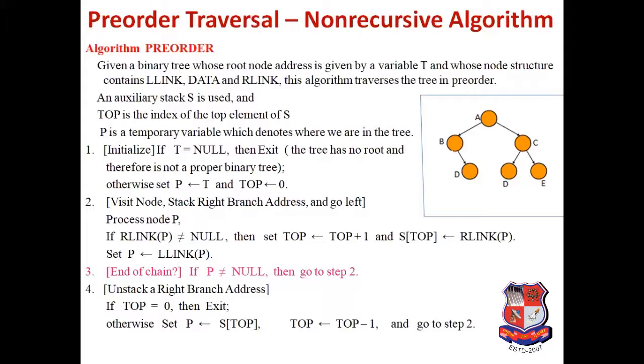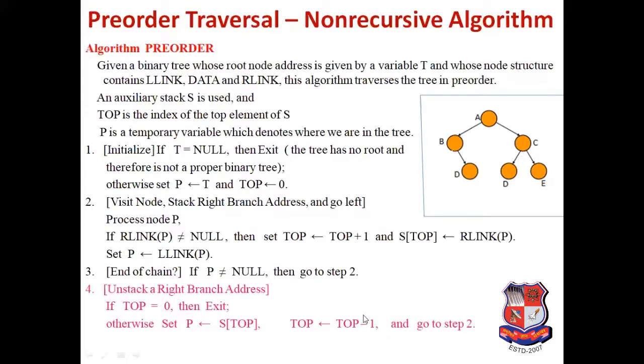So as we have a null value for P, in that case, we first check the value of top. If it is 0, that means the stack is empty and we have traversed all the nodes, so we come out. But if top has a value other than 0, that means we have a node on the stack. We retrieve the node from the stack where top points to, assign that node to P, update the top pointer, and repeat the same process.